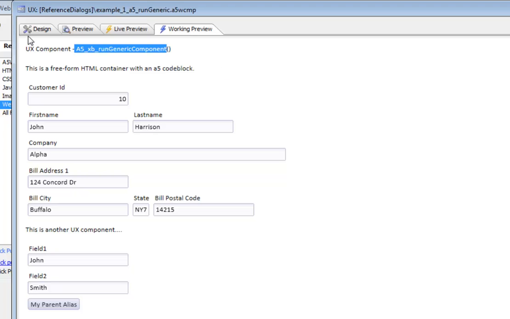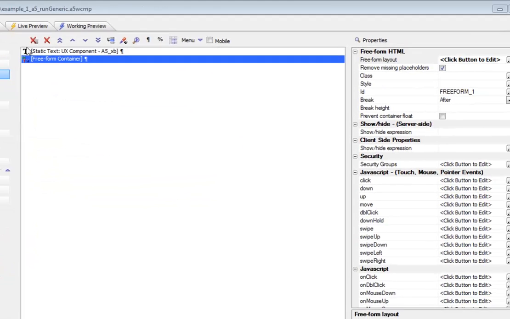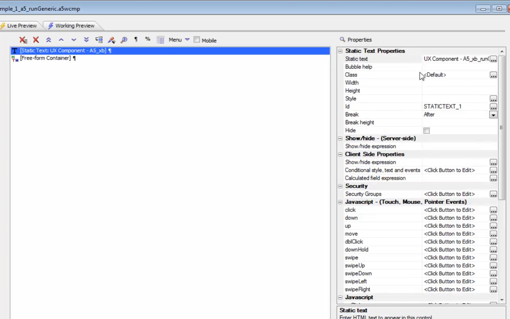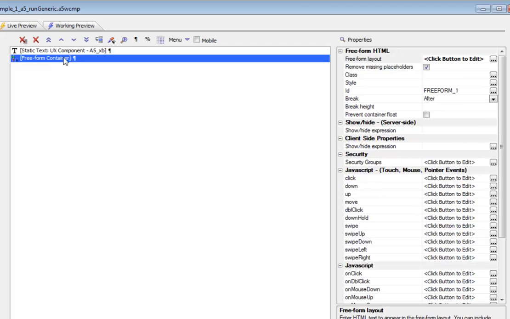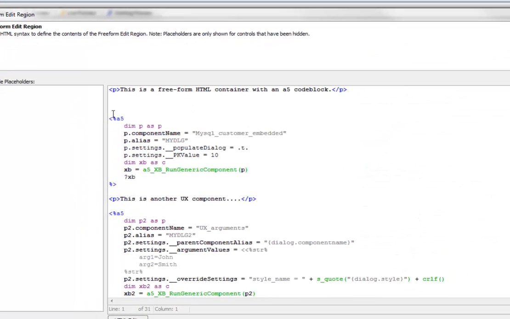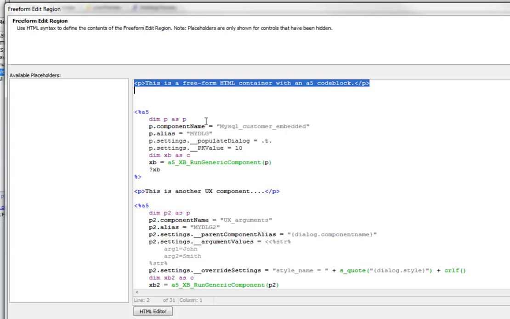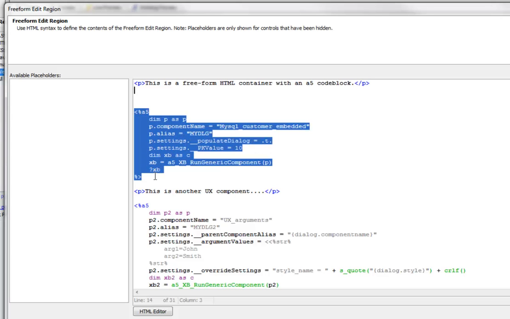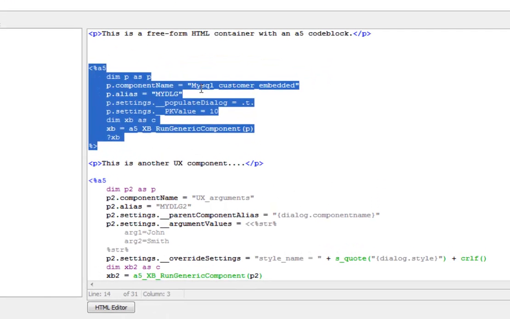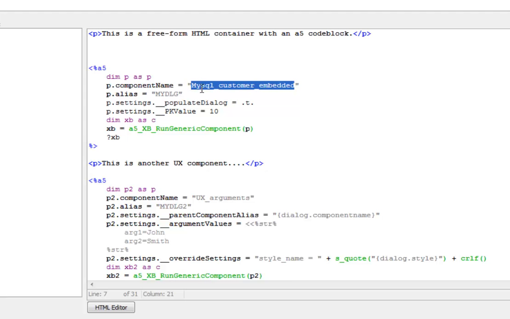So you can see that we have a very simple component over here that just has some static text, which is our label over here, and then we have a freeform container that contains some HTML, but also contains a code block where we're actually running two different UX components. The first component is called MySQL Customer Embedded, and then the second component is